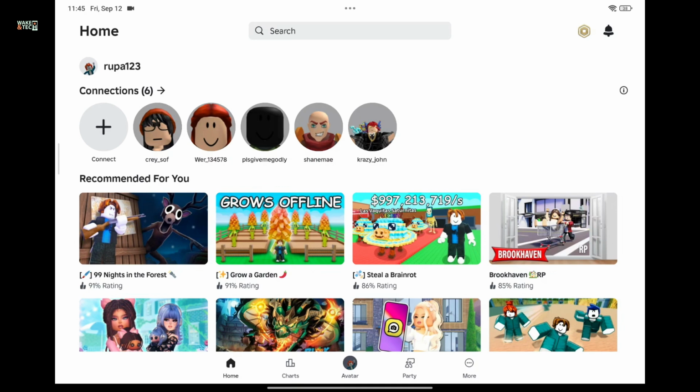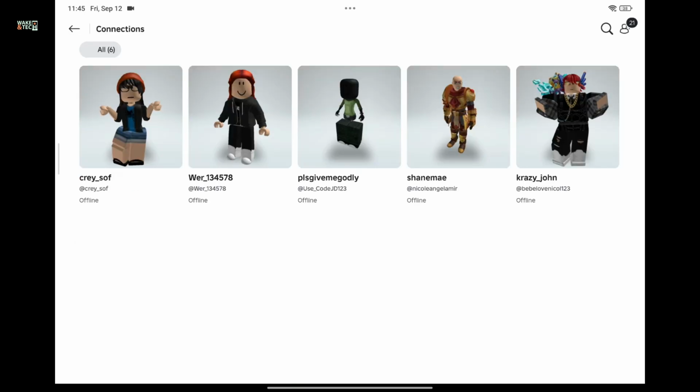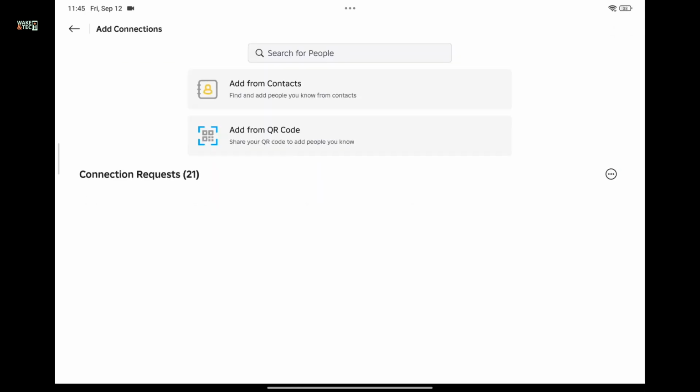First of all, open up the Roblox application on your mobile device or your tablets, or you can also log in through your computer's browser. Now once you're inside the home page after logging into Roblox, go ahead and tap on Friends or the connection button at the top. Now, click on the human icon at the top right corner and you will come across